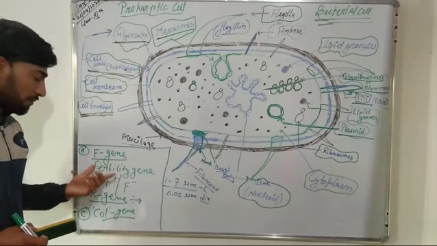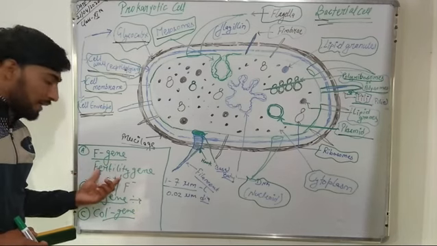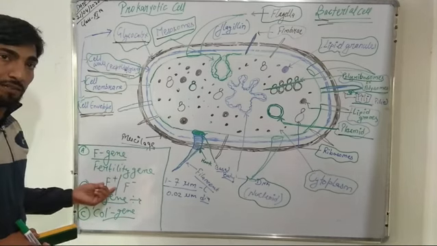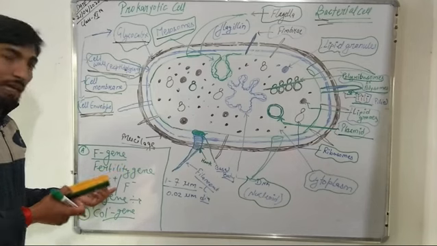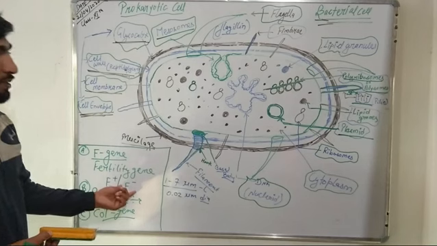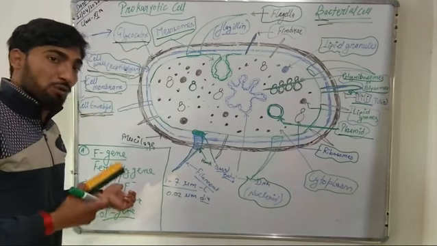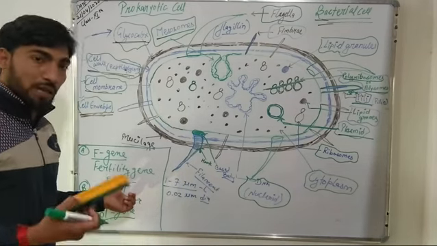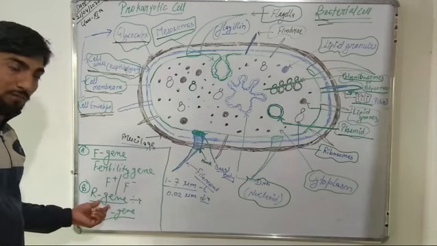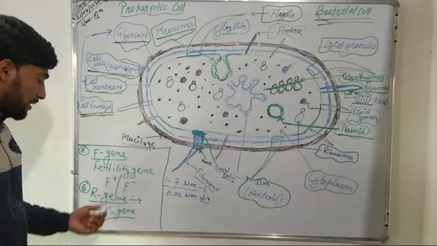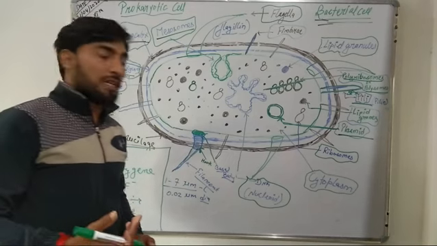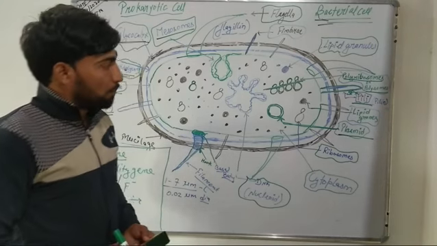The F gene acts as a fertility gene, and it is responsible for the development of villi. The bacteria containing the plasmid is called F plus bacteria because it contains the F gene. The bacteria in which the plasmid is absent will not contain the F gene, so it is called F negative bacteria. The second gene in the plasmid is the R gene, which provides antibiotic resistance to the bacteria. And the third gene present in the plasmid is the Col gene, which provides resistance against colchicine to the bacteria.